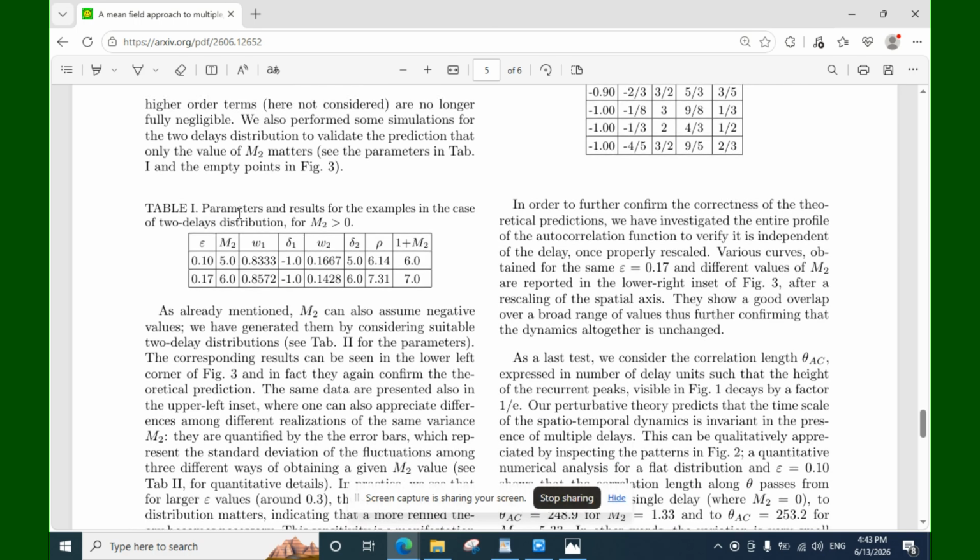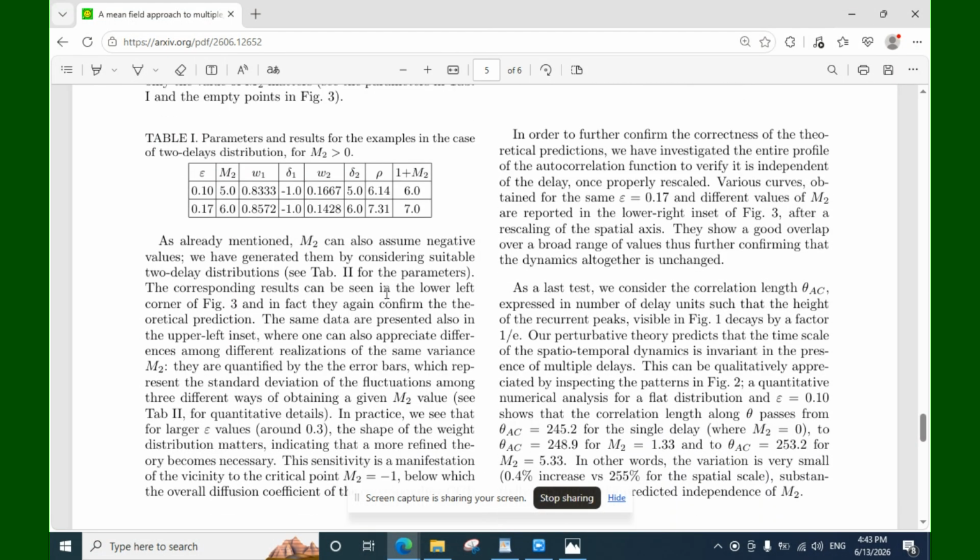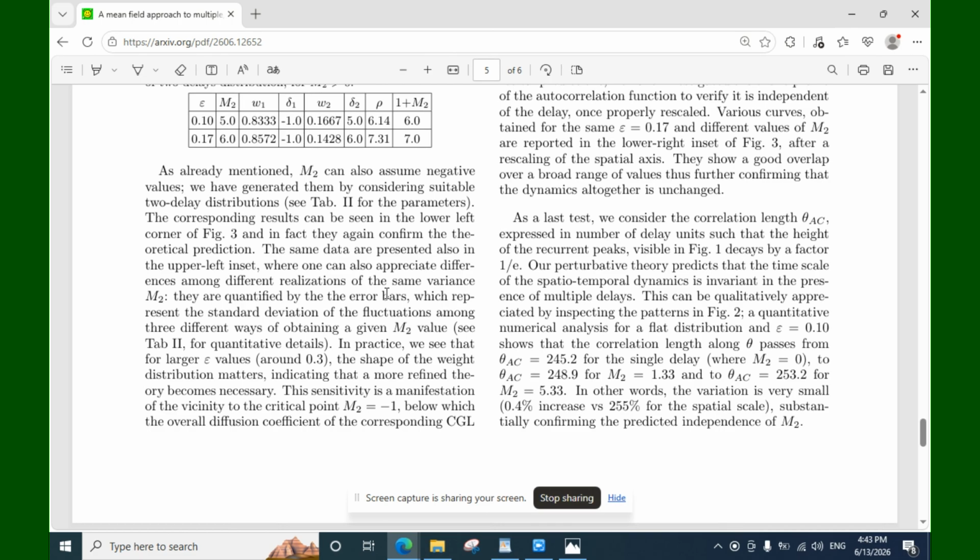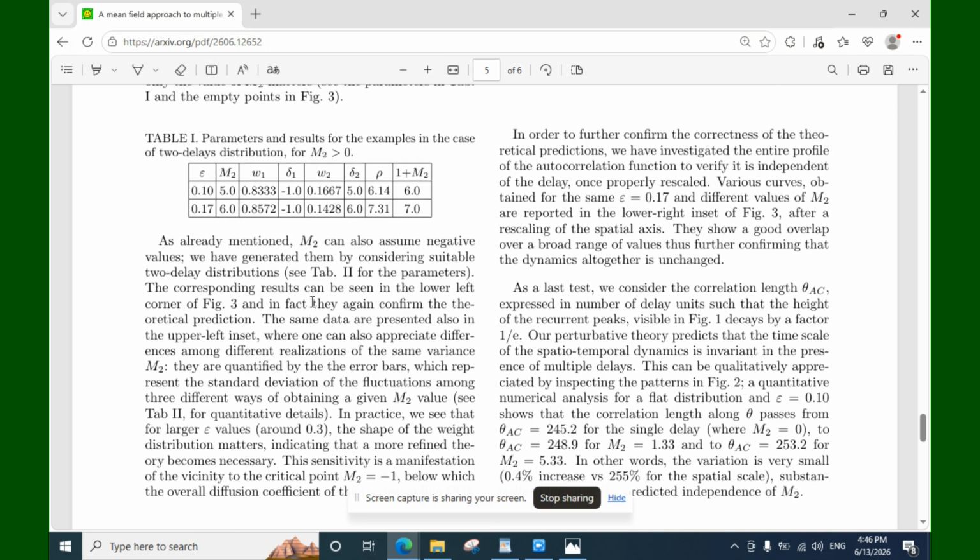See table 1 for parameters and results for the examples in the case of two delay distributions for M2 greater than 0. As already mentioned, M2 can also assume negative values. We have generated them considering suitable two-delay distributions. See table 2 for the parameters. The corresponding results can be seen in the lower left corner of figure 3, and in fact they again confirm the